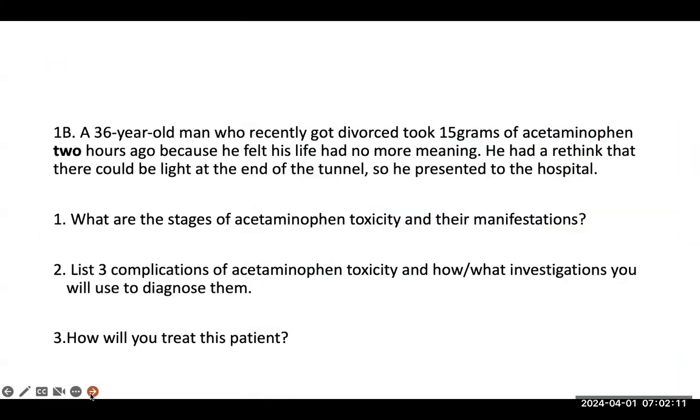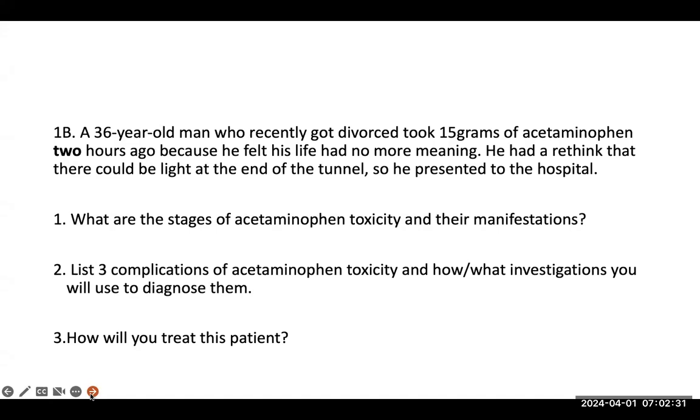A 36-year-old man who recently got divorced took 15 grams of acetaminophen 2 hours ago because he felt his life had no more meaning. He had a rethink that there could be light at the end of the tunnel, so he presented at the